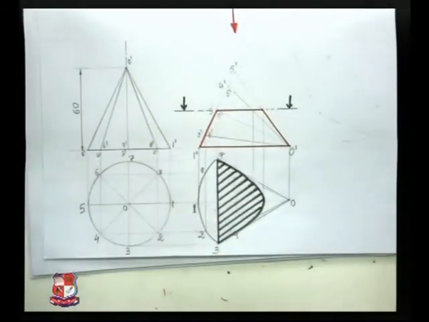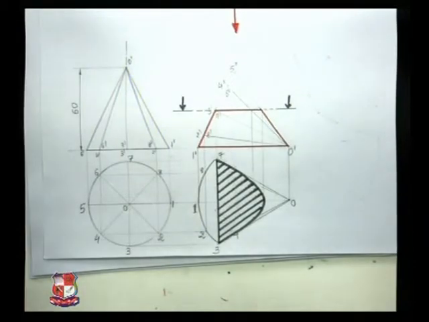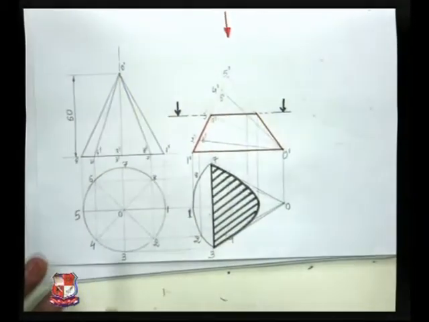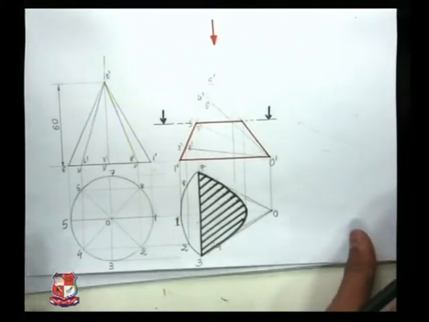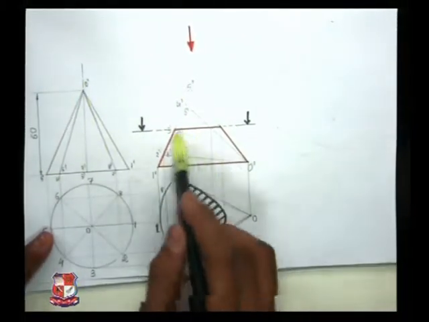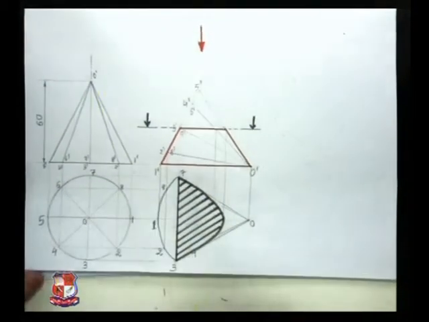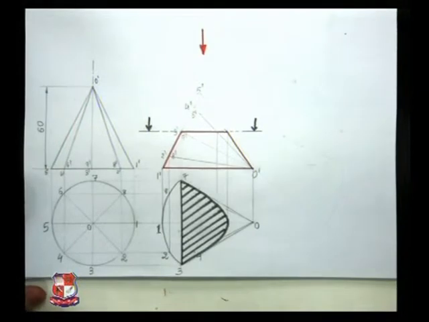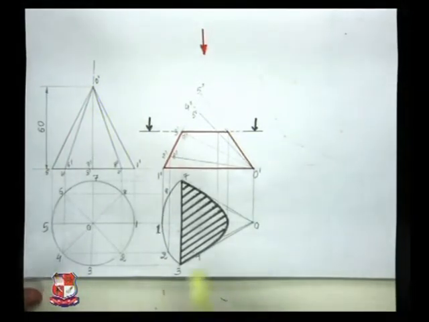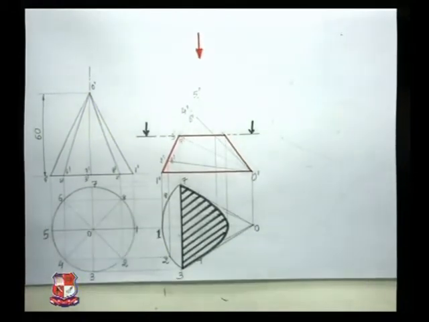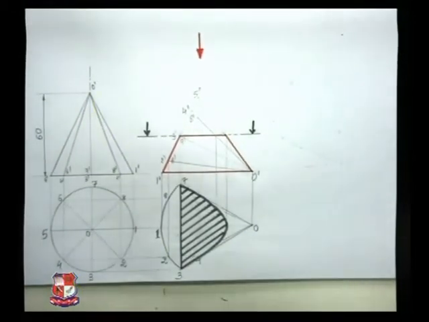So till now we have finished 2 steps. First is the projection of solid, and the second is the section of solid. Now the third and the last step, that is to draw development of this solid. If it is asked that draw the development of this solid, so for that what should we do? So for that, first we should assume that this cone is not cut anywhere. It's a full cone.